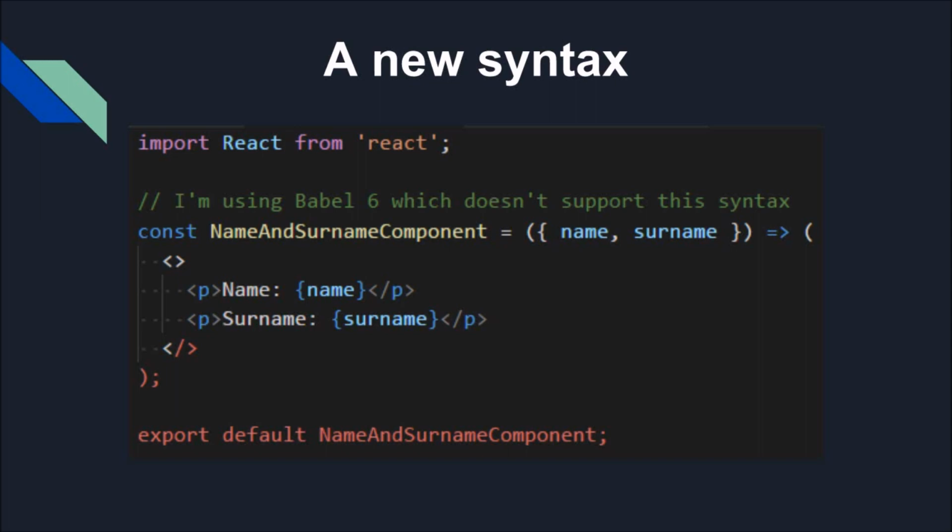Now, my Visual Studio Code and my project that I was using to demonstrate this didn't actually have Babel 7. I was using Babel 6 because Babel 7 isn't actually released yet. But with Babel 7 and some other tools out there, you should find this syntax. And this also actually represents the fragments. The only cool thing about this is you don't have to import fragments. So that's quite nice. And I just wanted to show you this in case you see this in future